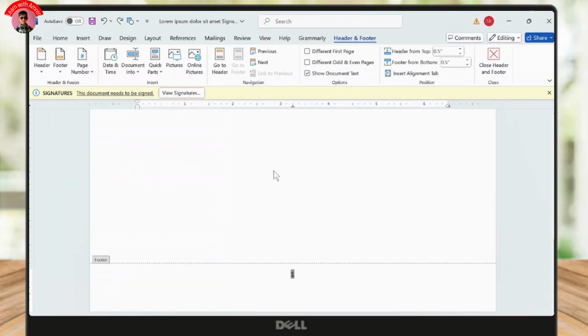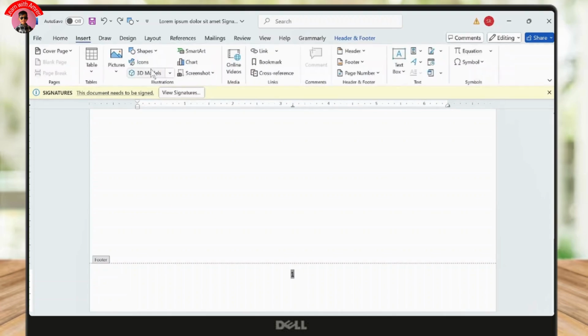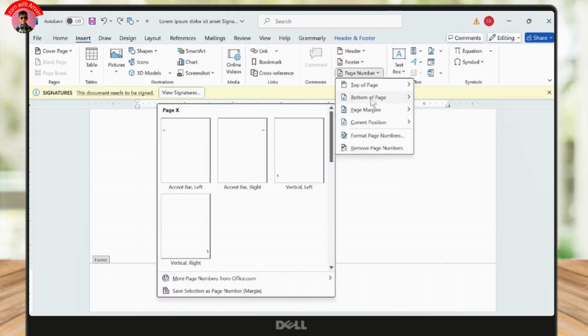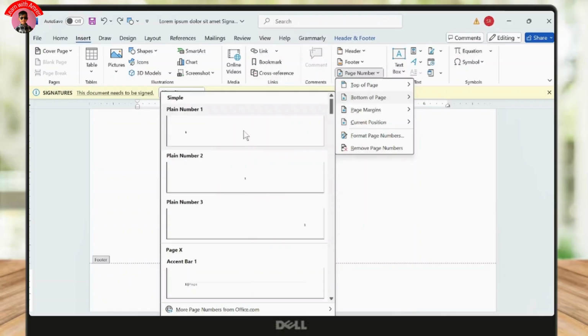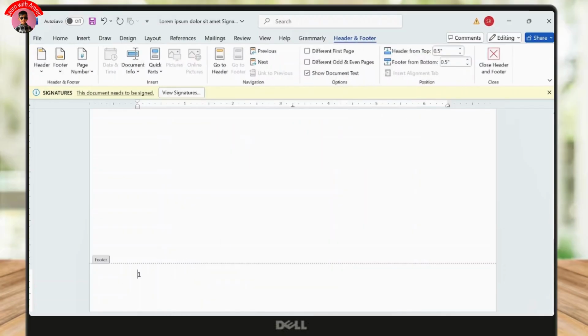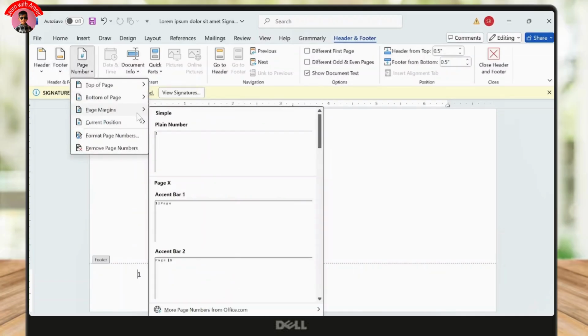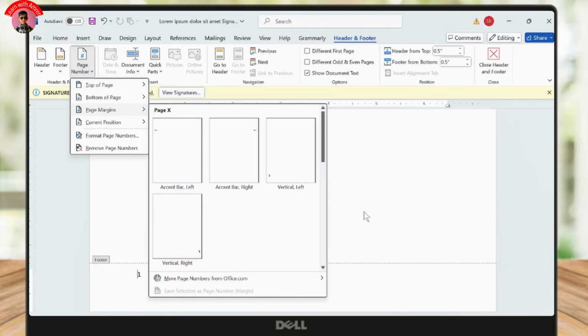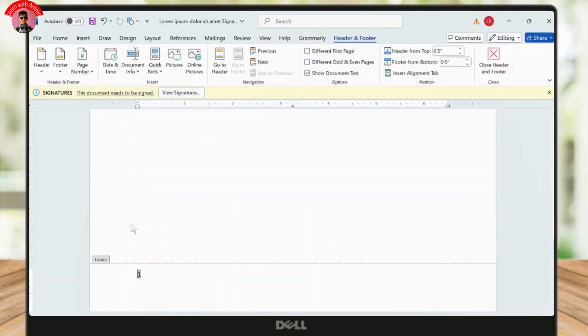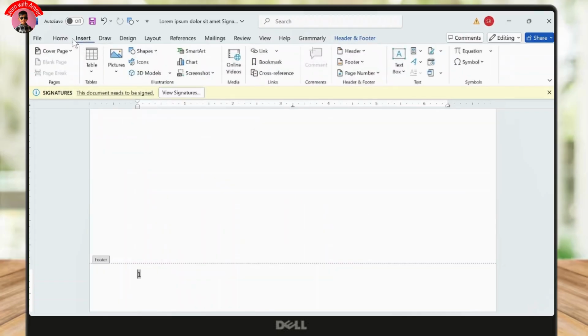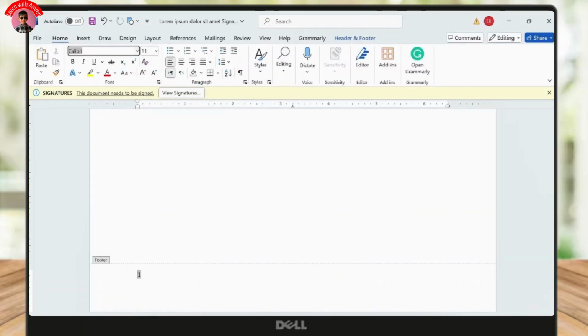Let's head over to this option right here called insert. Now, if I choose this page number, this is the one that I choose. If I simply choose this one, it'll just go to the left. Again, it's really simple. If I choose the other side of the page, I can choose that side as well. So if I select this and then head over to this home option,